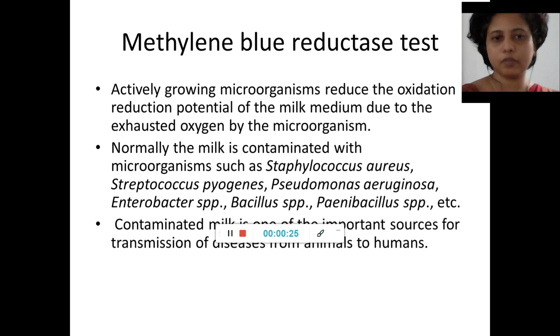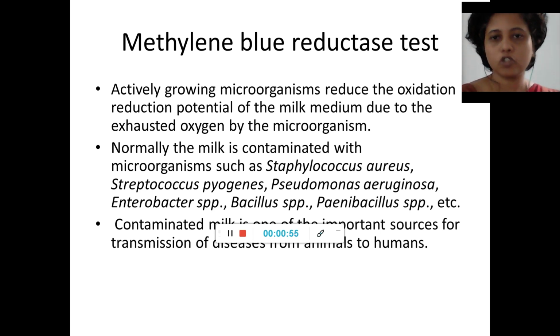the microorganisms. Normally, milk is contaminated by various microbes like Staphylococcus aureus, Streptococcus pyogenes, Pseudomonas aeruginosa, Enterobacter, Bacillus, and so on. As a result, what happens when they grow? The oxygen which has been present in the milk will be found to be reduced because all these microbes will be utilizing all that oxygen which has been present